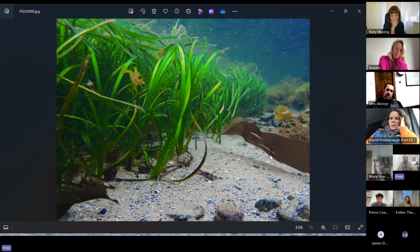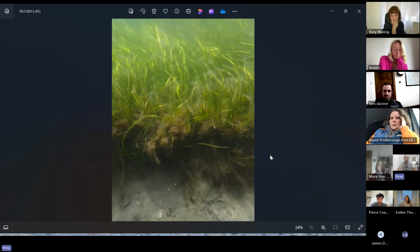I think this is Gark Breck, and this looks like a relatively young edge of a seagrass meadow because there's not this buildup of sort of underwater peat, which you'll see in other pictures. That would be exciting if it's relatively young, because it means seagrass is still encroaching on new areas when it gets a chance. And then this is a really ancient seagrass meadow where you have this layer of